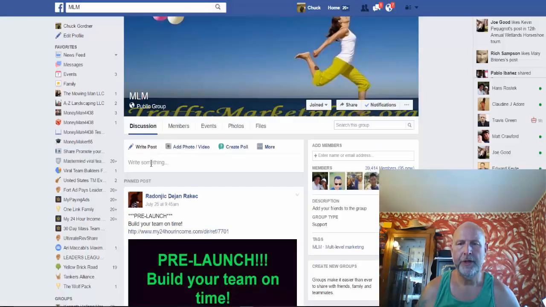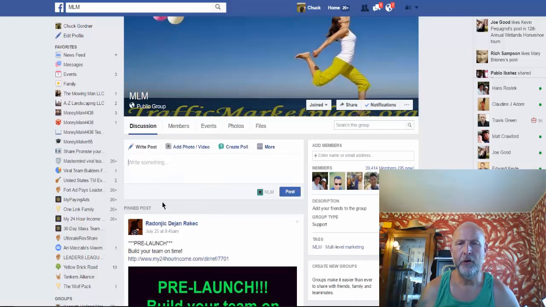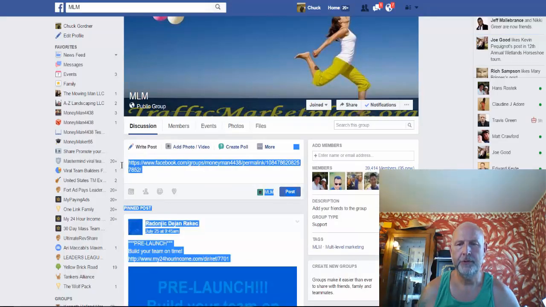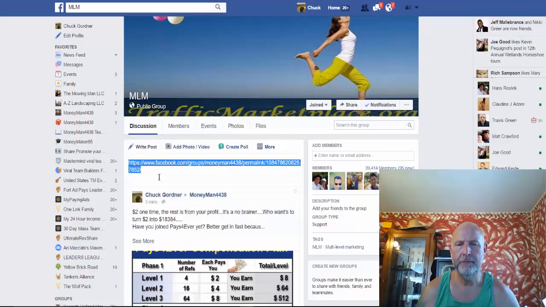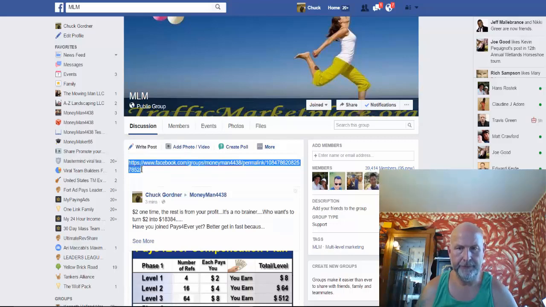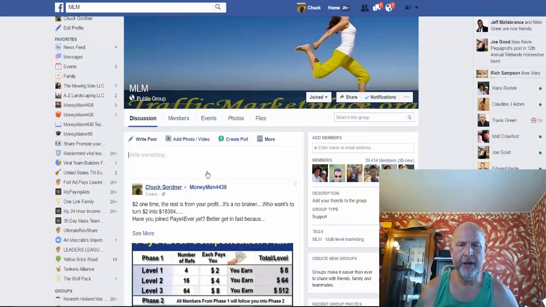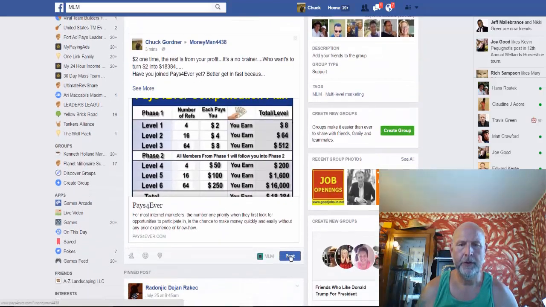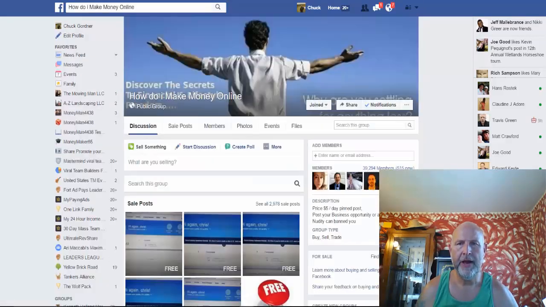Go to the next group, right click, paste the permalink. Wait for it to do its job, highlight it, and then delete it. Then scroll down, post your ad. Come back up to the next